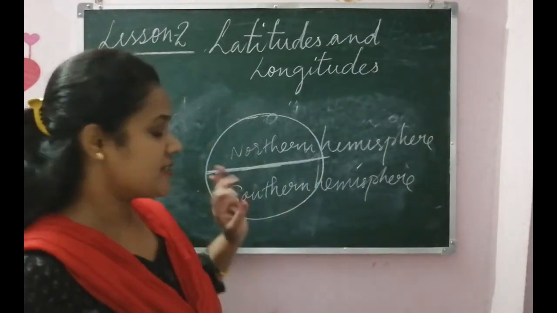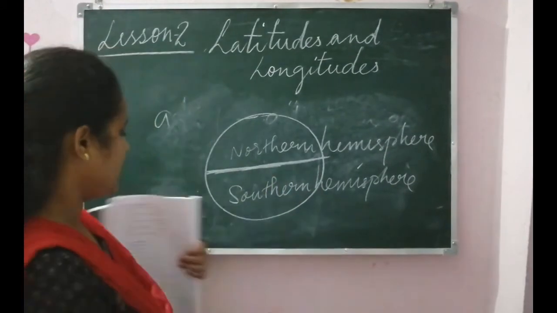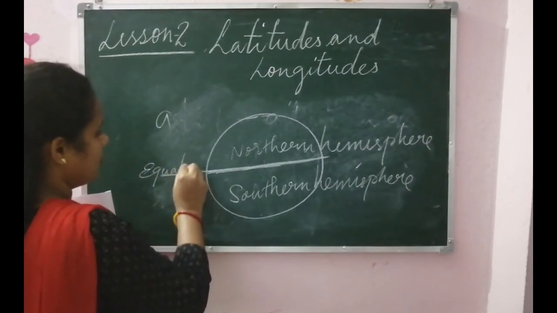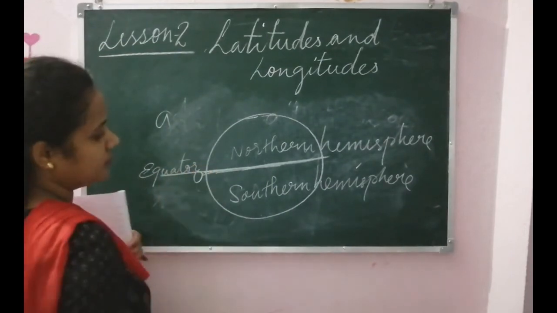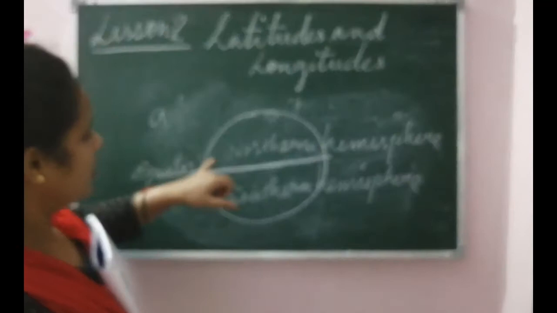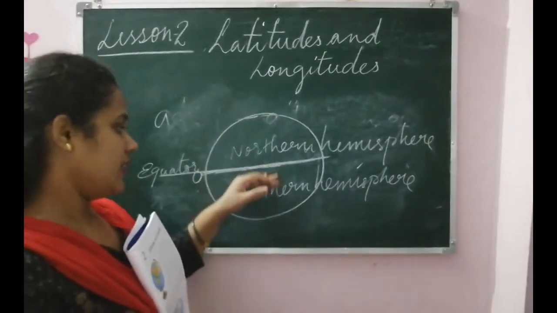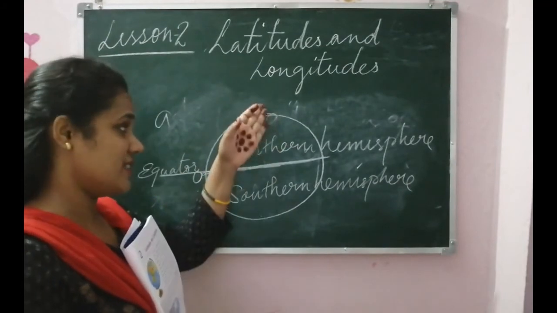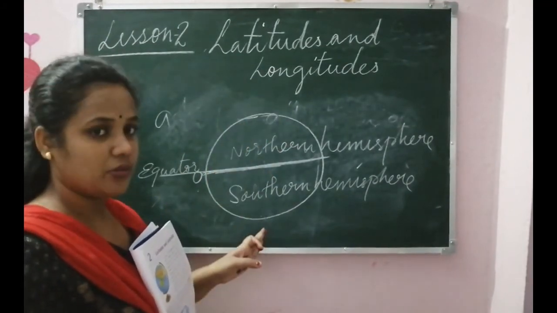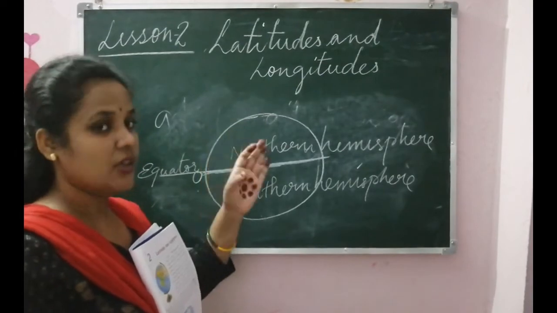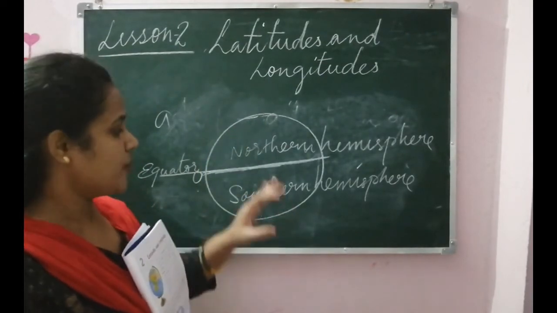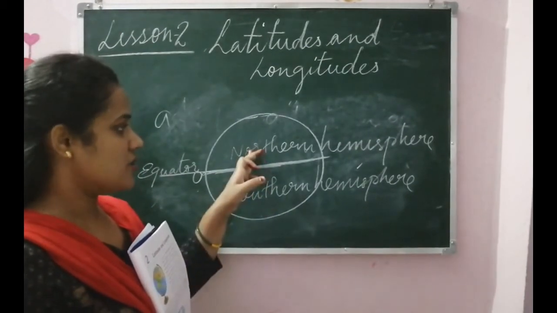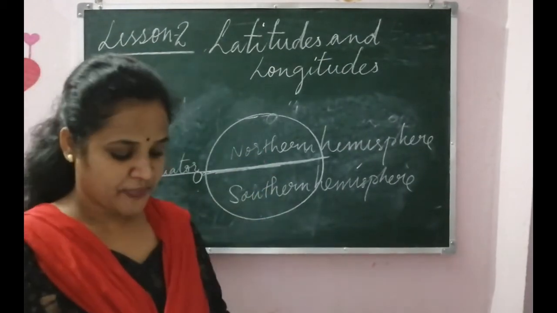So third paragraph is about equator. I would write it here also. It is equator. This is called as 0 degree. And in the north we count it 90 degree. And in the south we count 90 degree. Lines are drawn at each degree. 90 lines this side, 90 lines in the south. So southern latitude, northern latitude. But in this paragraph for you is to know equator divides the earth into two equal parts. North is northern hemisphere, south is your southern hemisphere.